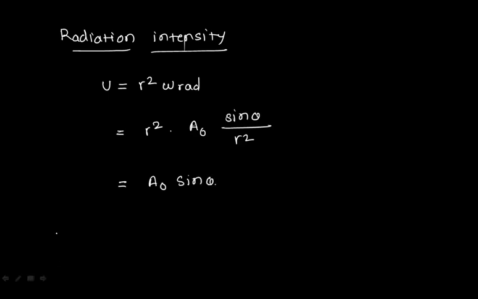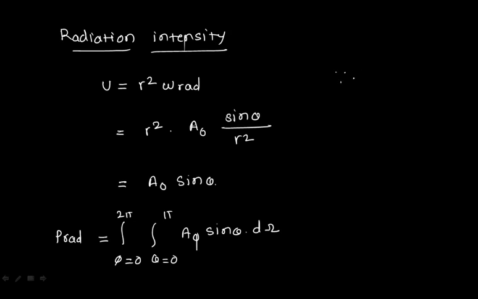अगर मुझे इंटेंसिटी भी पता है, how can I calculate the radiated power? मैंने पहले इंटेंसिटी निकाला, then I'm just trying to confirm whether whatever I have calculated is correct or not correct. So I'll put all these things A0 sin theta with respect to d omega, because I know that P radiated can be written in the form of this particular equation. So I can write surface integration U into d omega, because I know that d omega is nothing but sin theta d theta d phi.